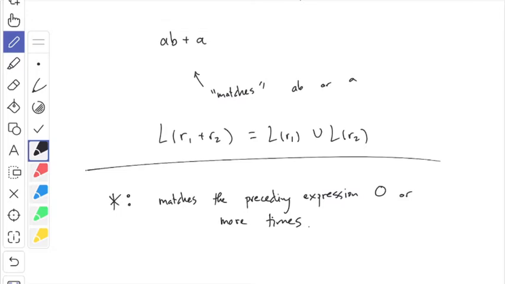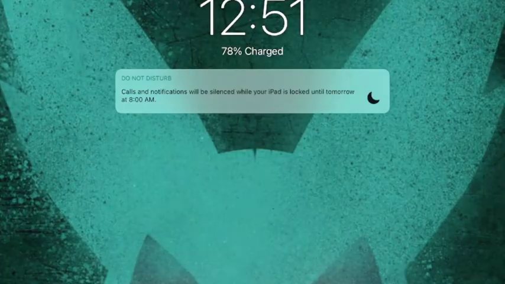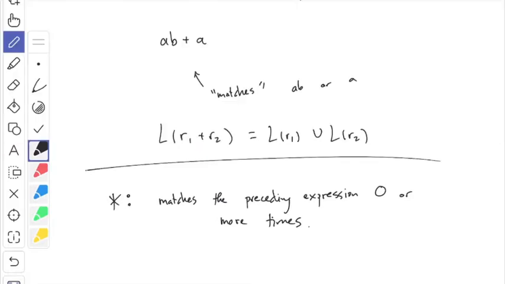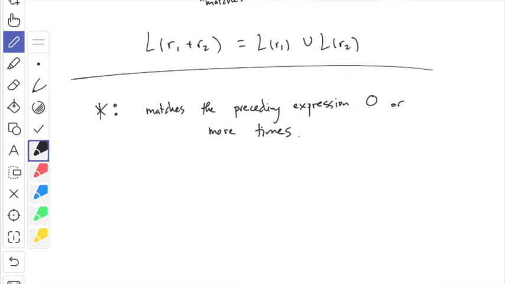It matches the preceding. Oh no, I just turned the iPad off. Sorry about that. It's fine, everything's fine. Matches the preceding expression 0 or more times. All right, so for example, A star, this would match